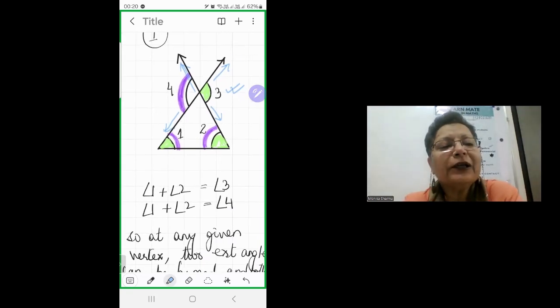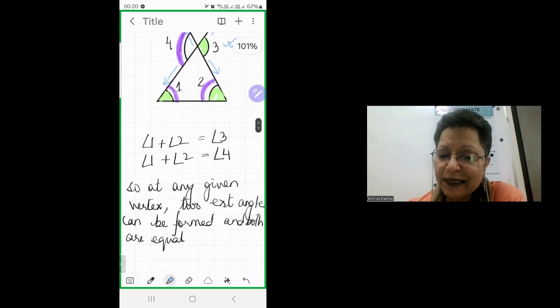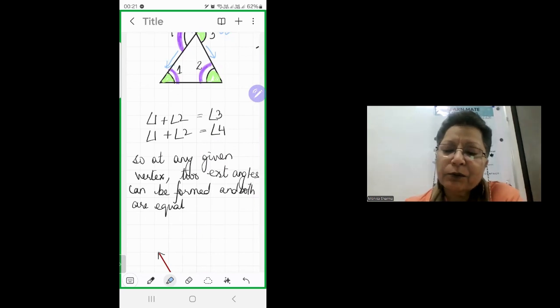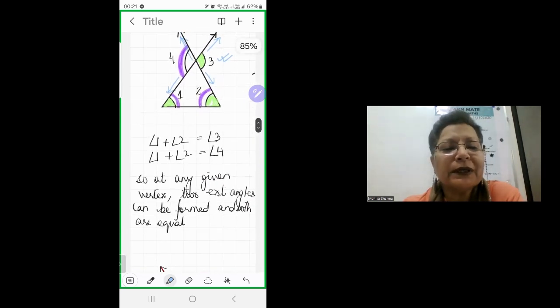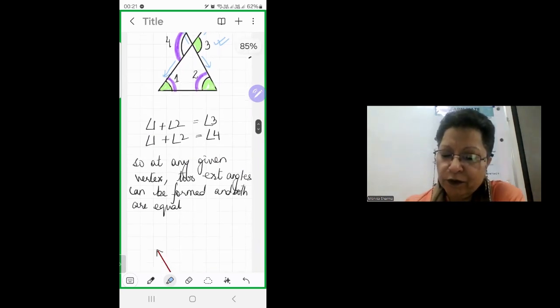You've also learned about vertically opposite angles. Do you also understand that angle 4 and angle 3 are vertically opposite angles and so they need to be equal? So we have that at any given vertex, the two exterior angles can be formed, and both these two exterior angles are going to be the same in measure. Is that okay? They're going to be equal in measure. Moving forward,